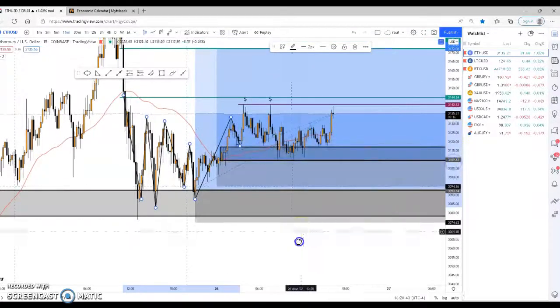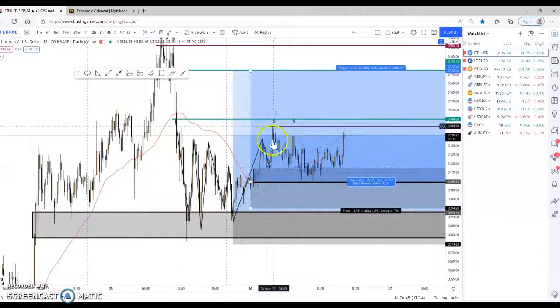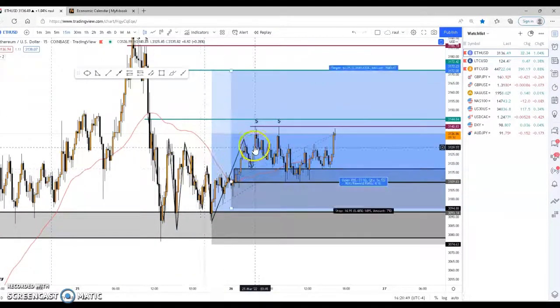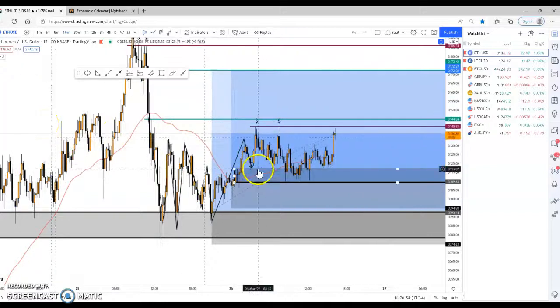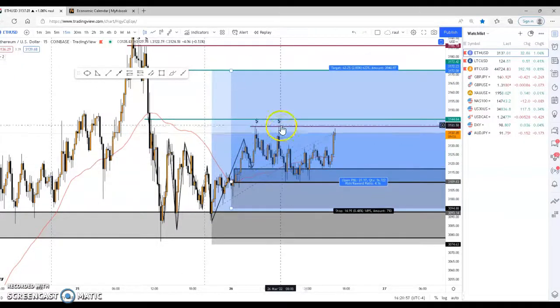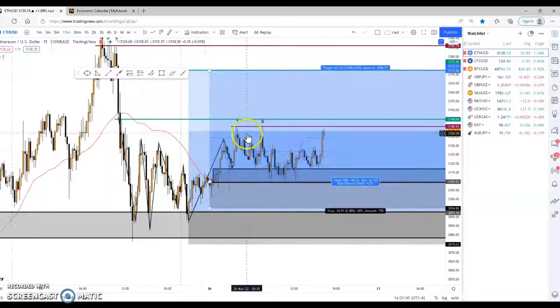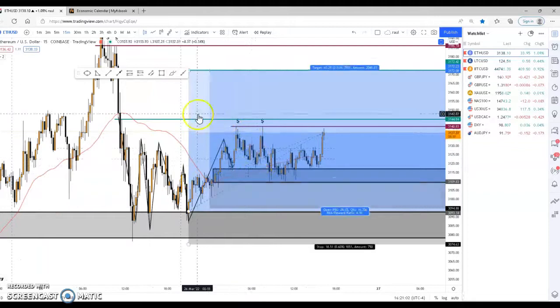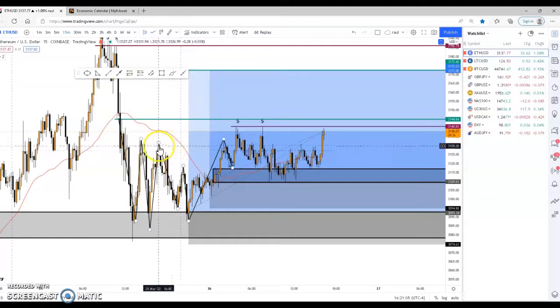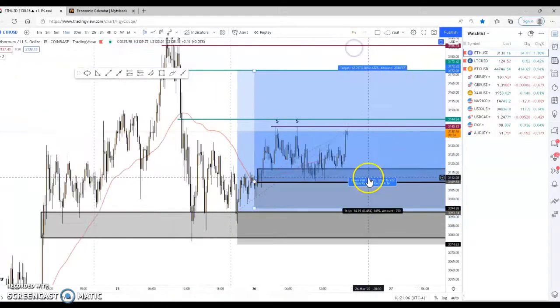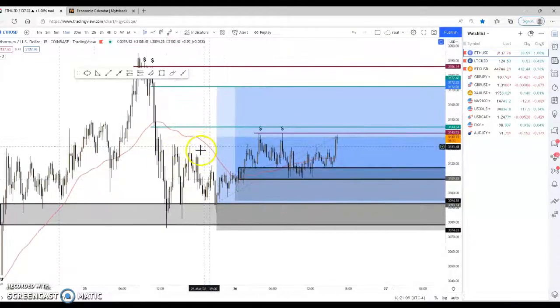So that's demand right there. Test into that. So you took entry here, somewhere in the zone up here, and you see this broke highs from here, came back, tested this little order block that was formed here, created equal highs. When you create equal highs, you already know it has liquidity. That's creating liquidity that has to be taken out. So that's how I knew it was more than likely going to break over here too,